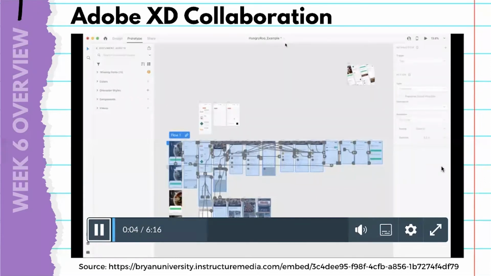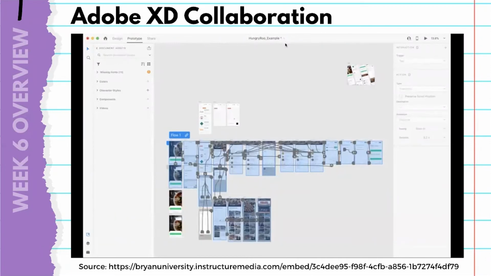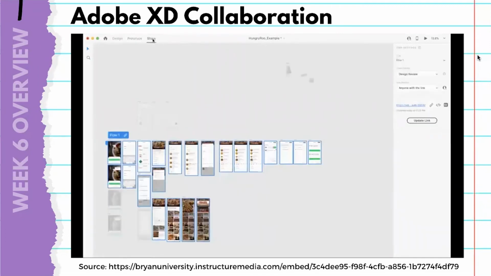Now I'm going to show you how you can use the Adobe XD collaboration functions to share and edit other users' designs. So you can share these with your partner, or someone else you're on a design team with at work, and you can get comments back, do user testing, lots and lots of functionality. Now, right now we're in the prototype screen, and you can see all of the user flows, the workflows, how the app connects to the different screens within itself. When I go to the share screen,